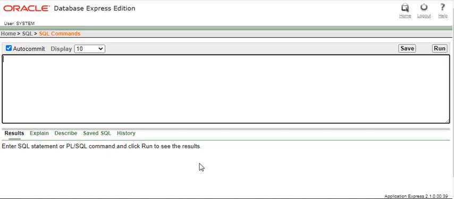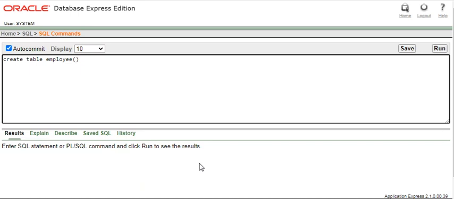Here I am taking Oracle 10G Express Edition for demonstrating SQL commands. First, create. For creating a table, what is the syntax? CREATE TABLE, table name. Here I am giving the name of the table as employee, and within the parenthesis you have to write the column names and their data types.